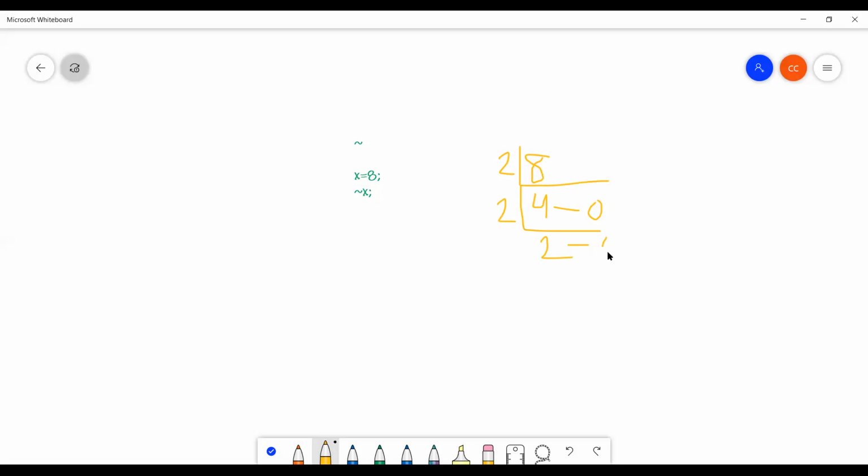The remainder is 0. Next, again 2 once. The remainder is 0. So finally the binary value of 8 is 1000. You have to take the remainders only from bottom to top. 1000.